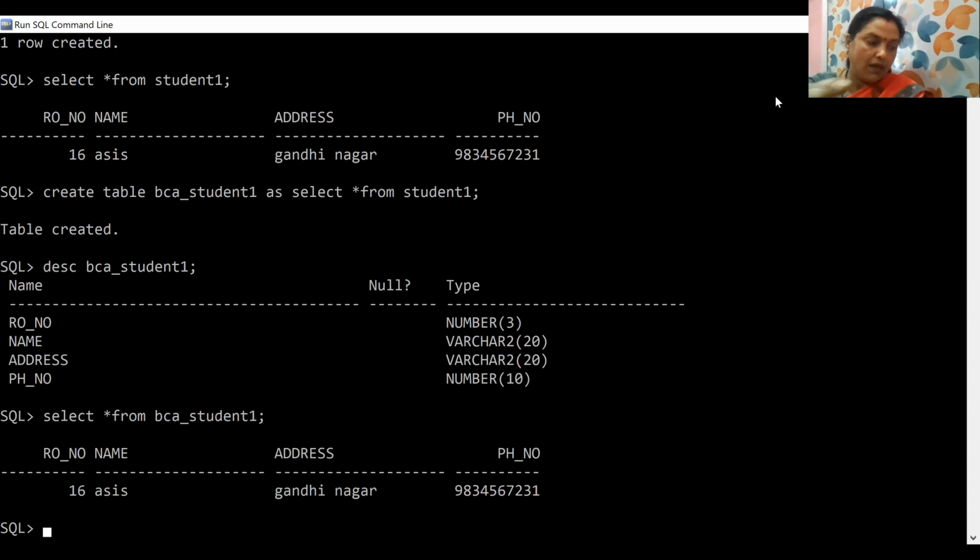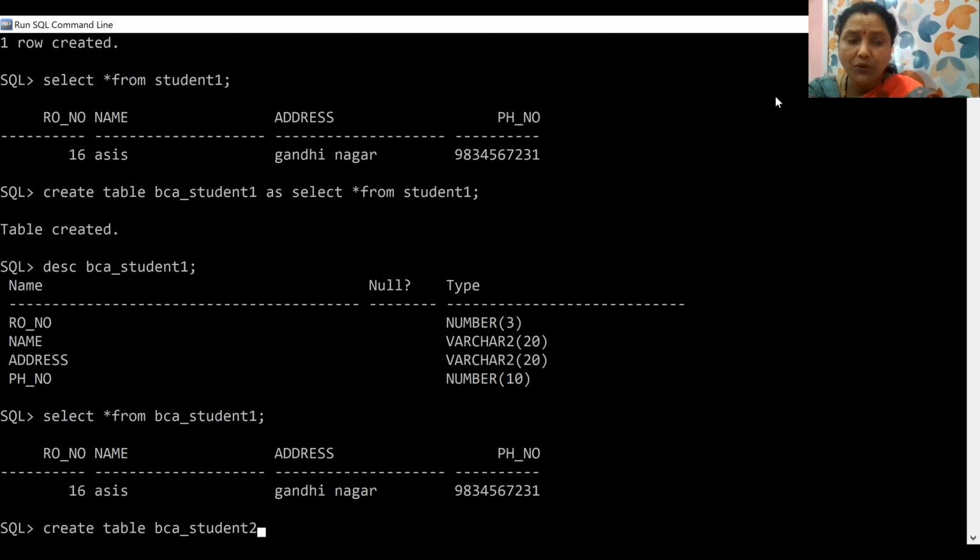But another option is there with you: without taking the contents, you want to create another table. The field names will be copied, but the contents will not be copied. Let us check it. Same using the create table, you can do it. Create table BCA student 2.